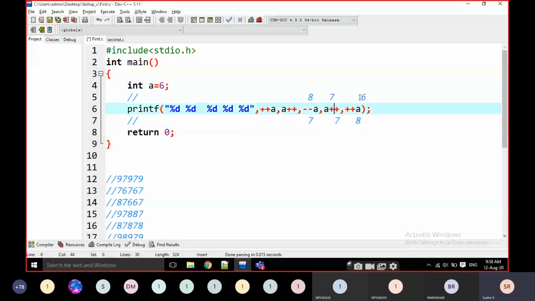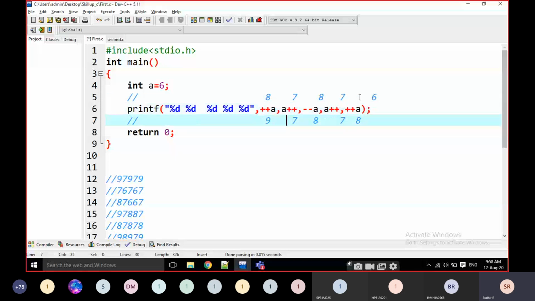Then are there any pre's? Yes, this one is there. Then we have to modify this one as 7. Then 7 is moving into here and 7 is printed. Why? Because this is the post increment. Then 7 becomes 8. Two pre's are there. Then we have to modify both of them as 8. This is the pre-increment. 8 becomes 9 and 9 is printed.